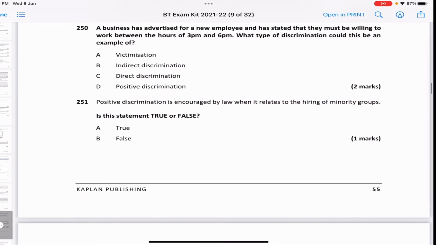A business has advertised for a new employee and has stated that they must be willing to work between the hours of 3 p.m. and 6 p.m. So, what type of discrimination could this be? So, this is something which is straight in the head or not straight in the head. So, we need them to be working from 3 p.m. to